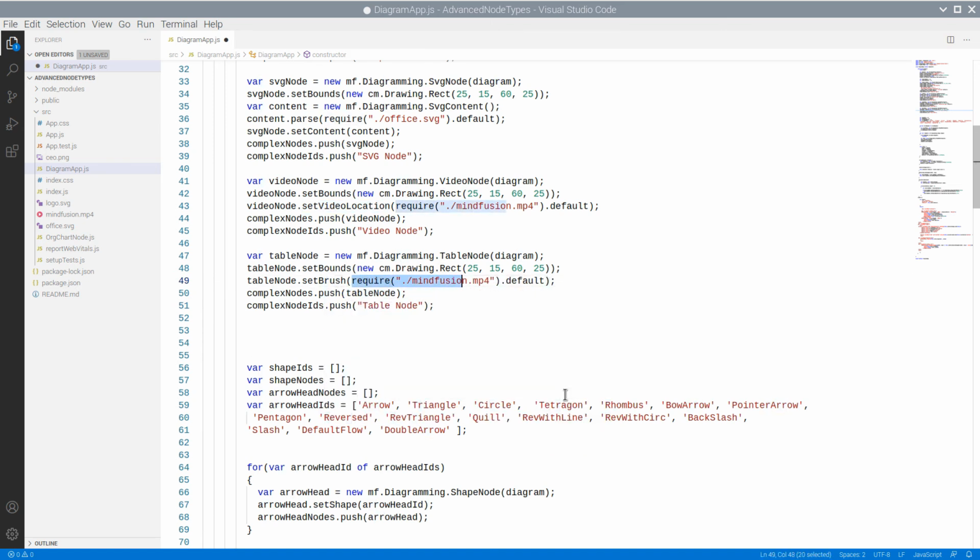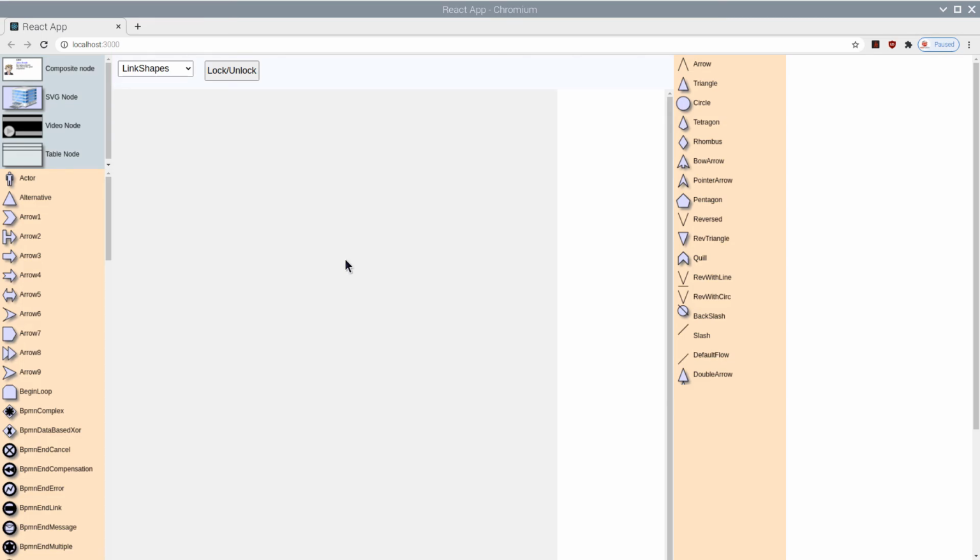If we just set an HTML color, the brush will be solid. Here is the table node.